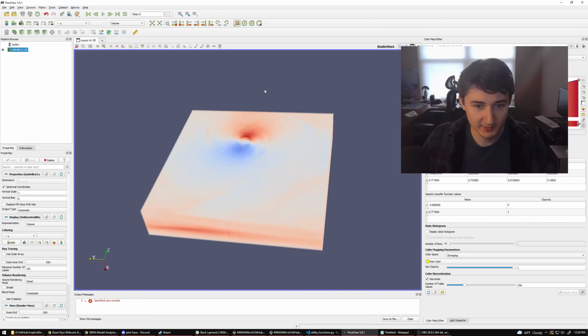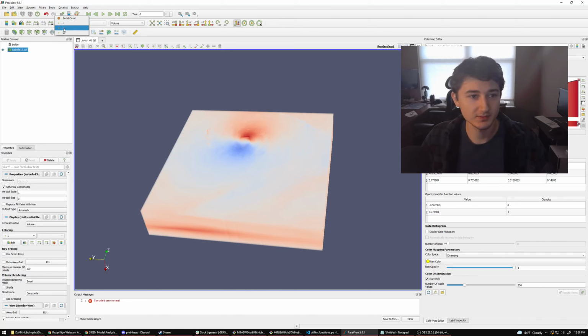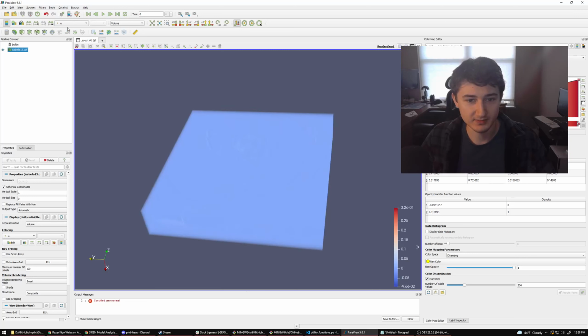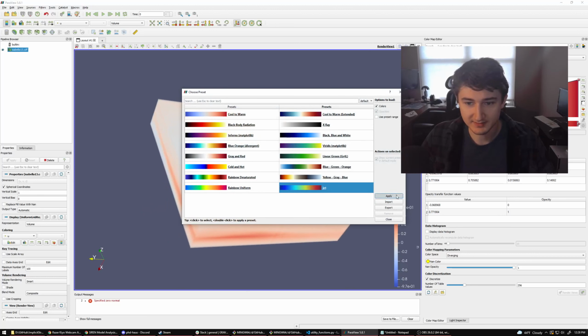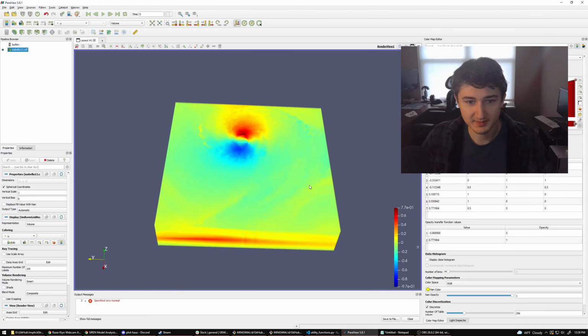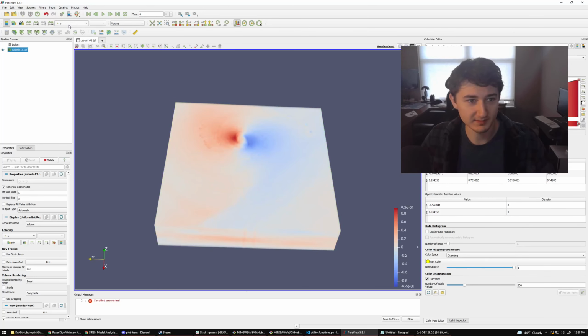So this, by default, will visualize single channels one at a time. I've saved it. You can see your channels up here on the top left. I have U, V, and W. You see they're all visualized differently. I can change the presets for any one of these, but something different is that Paraview will save the